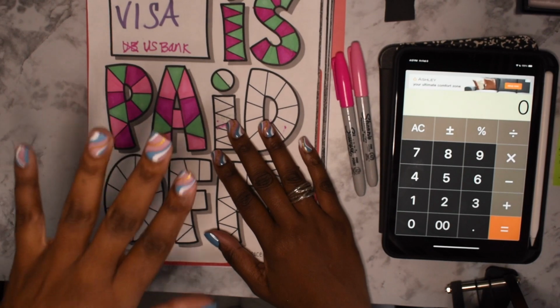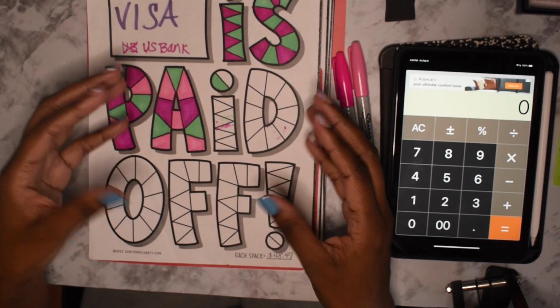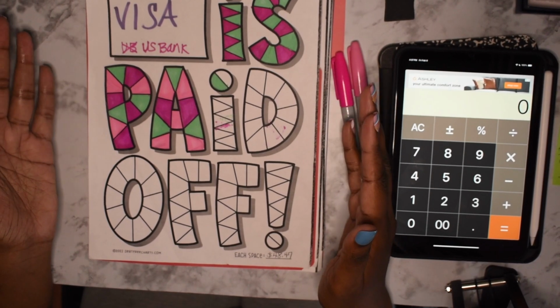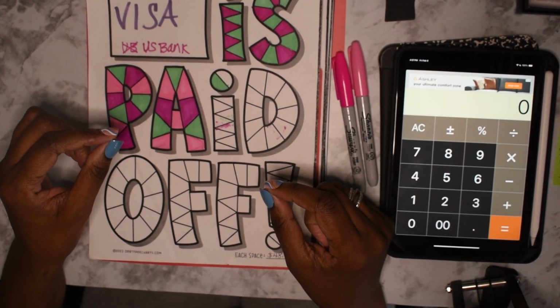Mind you, all of the charges that I made in December, I paid off right away because I did have a savings account set aside for him. But then in January was when he had additional medical issues, which ultimately caused him to pass away. Those were not expected. So I